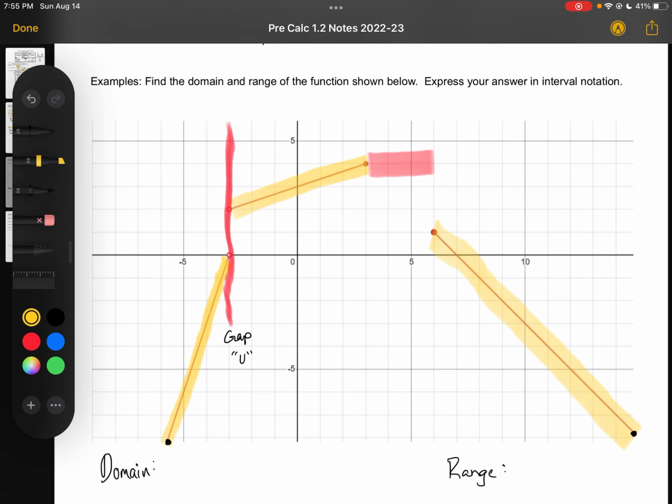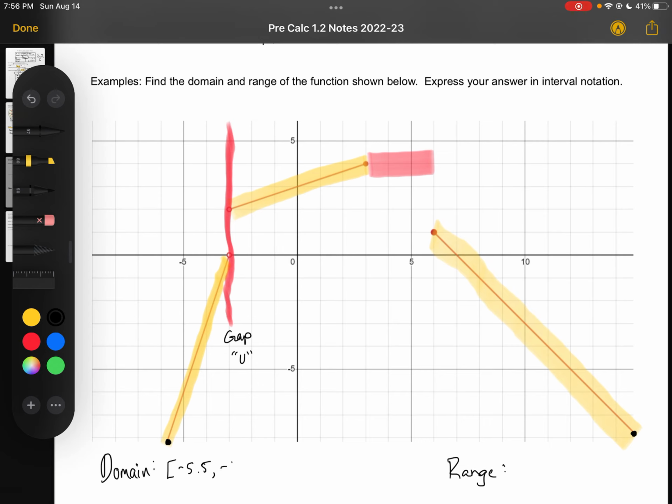So we're just looking at x values here. We don't care about up and down at all. We just care about left to right. So looking at this domain, looks like you can just guesstimate this here. It looks like, I don't know, maybe we're starting off at like negative 5.5, and then we get to negative